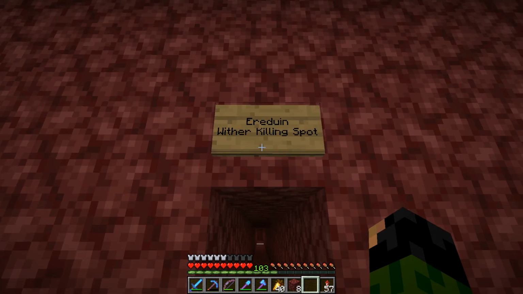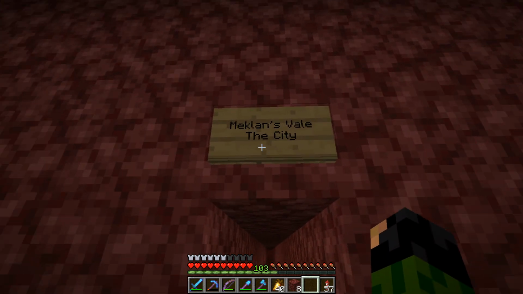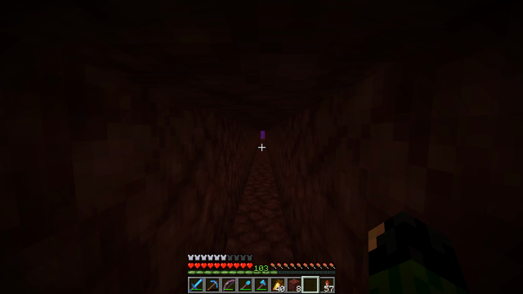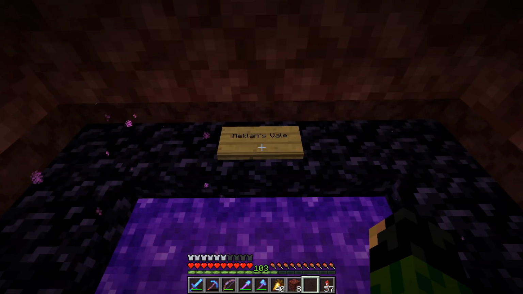So if I want to choose a wither fight, that's where I gotta go. And obviously you just go all the way to get to Overdue. Over on this one we have Mecklen's Vale and the city, which I guess we can just go to Mecklen's Vale. That is probably the closest one here. So if you want to go to the city, you obviously don't turn down here and you carry on going down the tunnel. But eventually we come to the end here, and as you can see, our portal is all